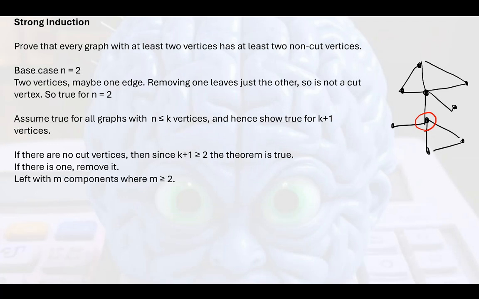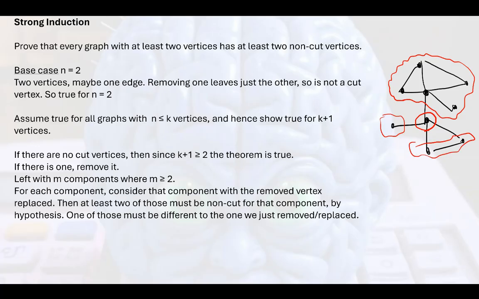We are left with m components, at least 2 components of this thing. It couldn't be 1, because otherwise, if it was 1, then it wouldn't be a cut vertex. It would be a leaf node. So we've got this one component here, one component here, and one component here. So for each component, we're going to consider that component with the removed vertex replaced. So let's just think about this top one. So this component with the removed vertex